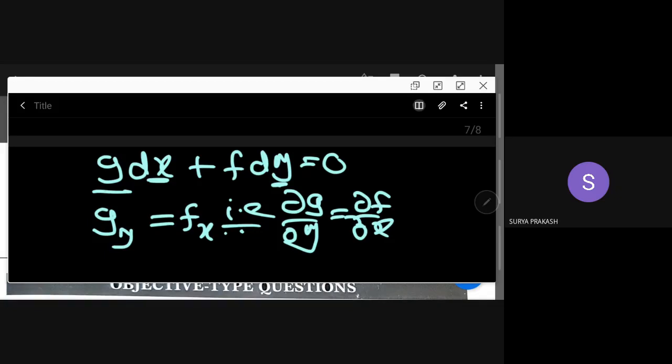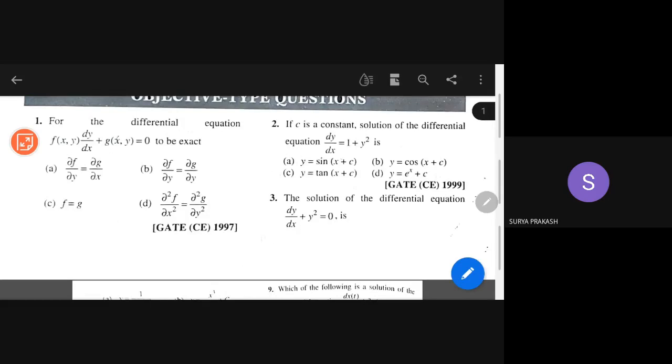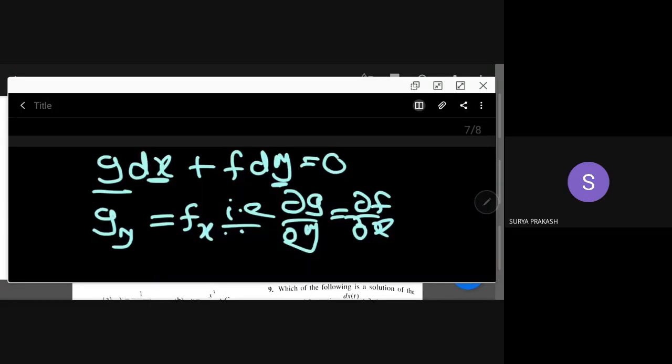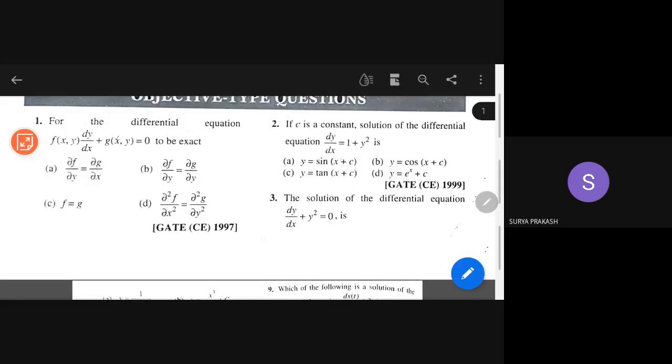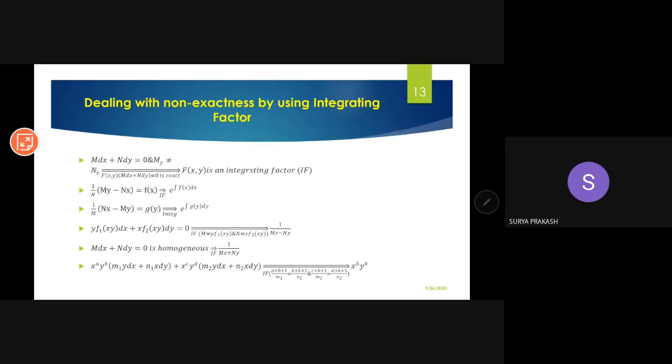Dou m by dou y is equal to, yeah, that's what I always see. Dou m by dou y. So there is some error in the document only. This document has some error. So what I have written in this blackboard is correct. Dou g by dou y is dou f by dou x is the correct answer. No doubt about it. And that is what we have mentioned in the PPT also. Right. My is equal to nx.